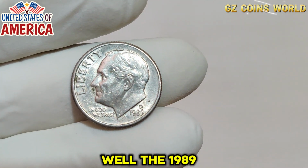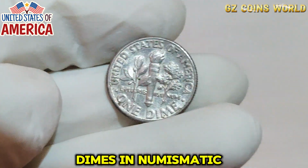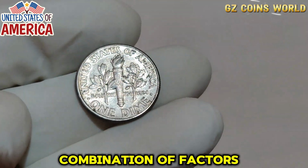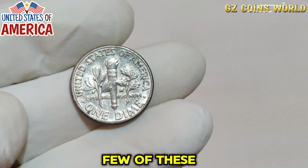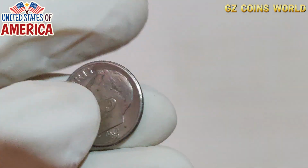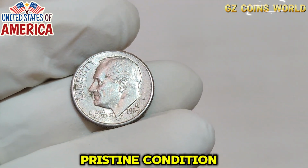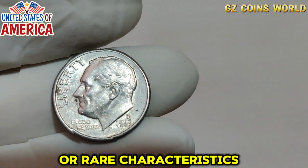Well, the 1989 D Liberty dime became one of the most famous dimes in numismatic history due to a combination of factors. First and foremost, there are very few of these coins that were produced in such a perfect state of preservation. Coins that have been kept in pristine condition, especially those with unique errors or rare characteristics, can become